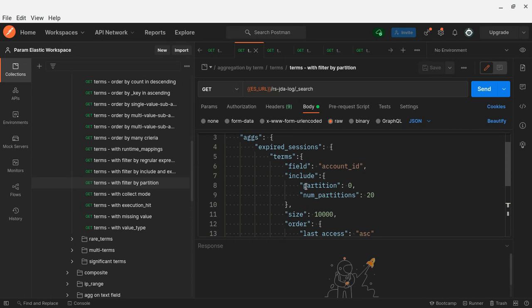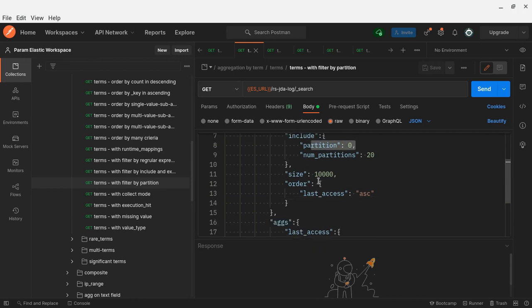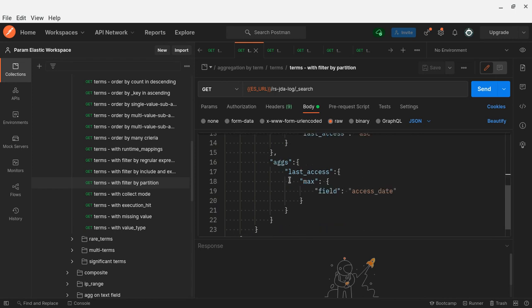Here I am creating partitions: the entire index is divided into 20, and each partition has an ID from 0 to 19. It will take the first partition. On that I am saying each partition should be 10,000 records. Then do the aggregations, whatever aggregation you want.